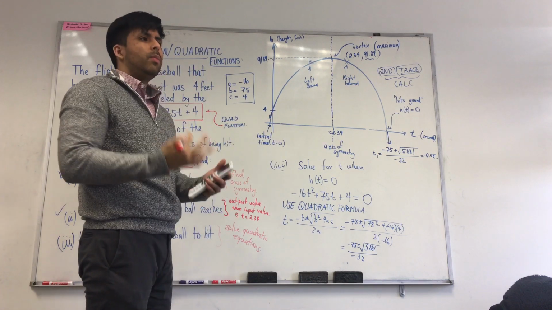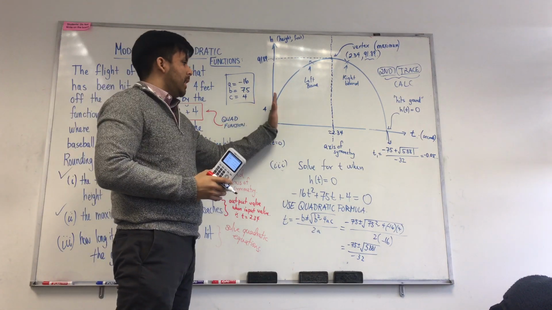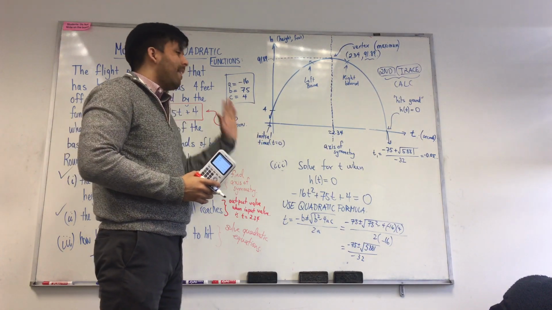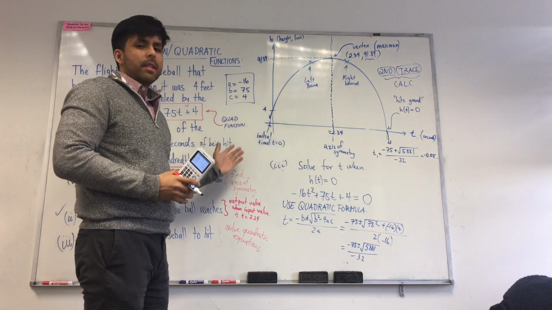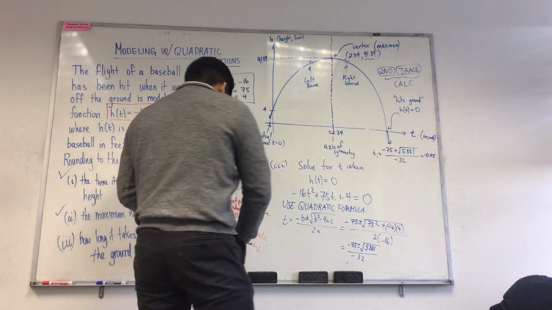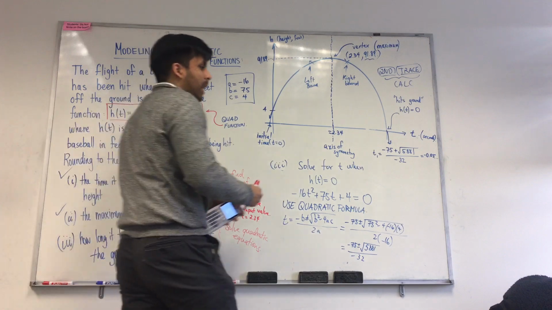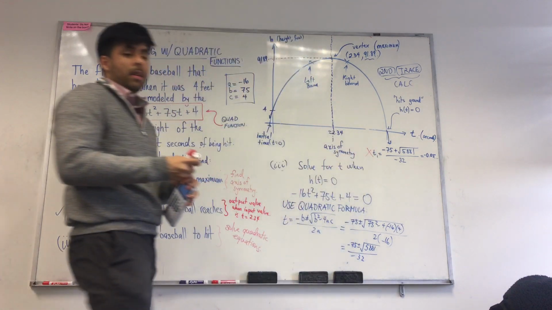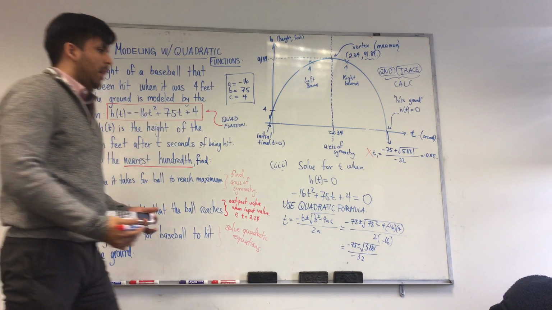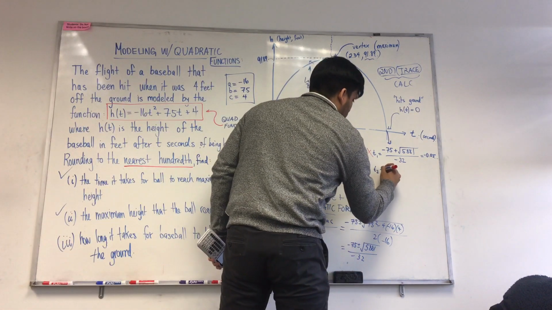But what did we say in the beginning? We don't care about anything that comes before t being equal to 0, because we only care about after the ball gets hit, not before it gets hit. So this solution here we actually don't use. We can say we reject it, because in the context of our problem it's not relevant. So the second one,